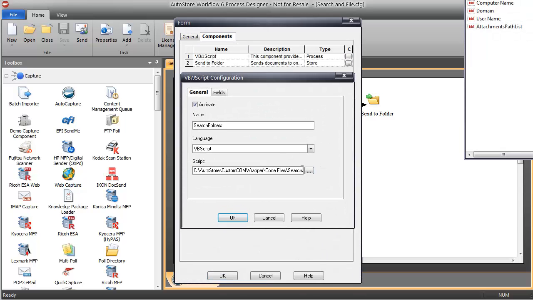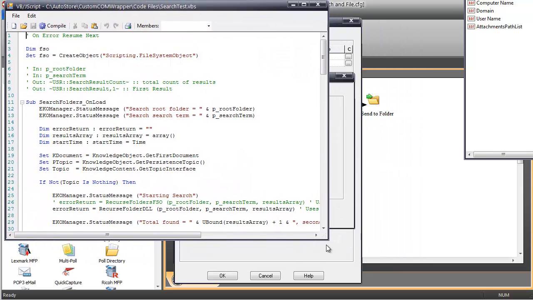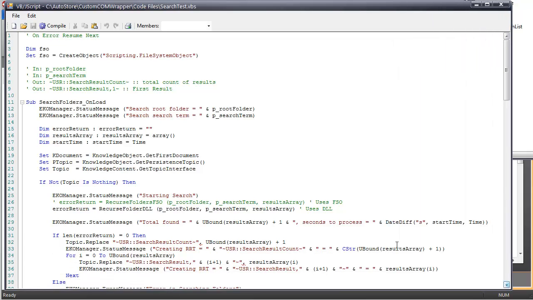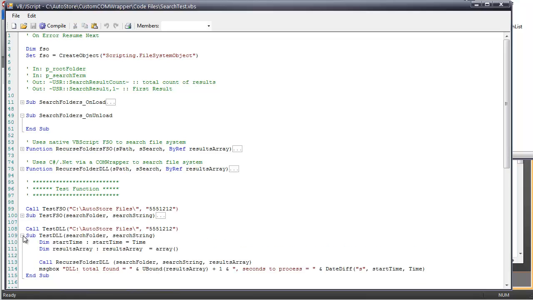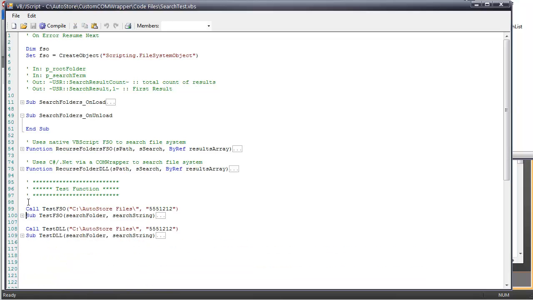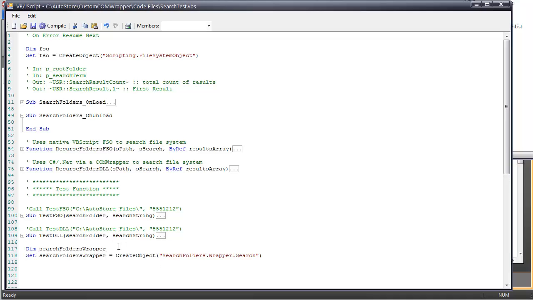So I can go in here, I'm going to go into my script file, and again, I'm going to go into more detailed training on how to actually integrate it into AutoStore, but I just want to show you this DLL being called. Let's do that from scratch. All right, so I'm going to comment these out, so nothing should actually run. Okay, great. All right, so the first thing I need to do is get a handle on my DLL. So I'm creating a variable here called search folders wrapper, and if I go back to my code,